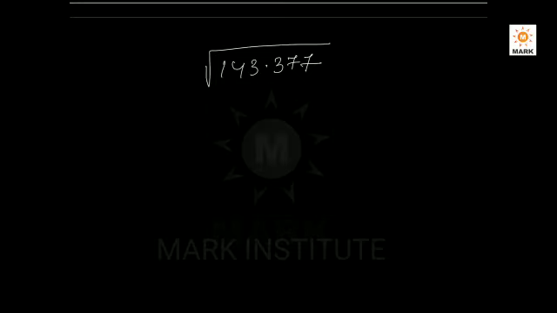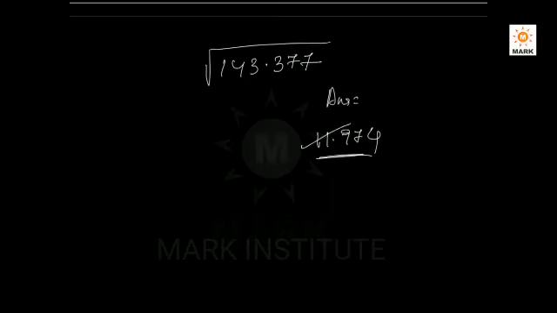For your convenience, I am telling you the answer. The answer is 11.974. Just for your convenience, I gave the answer. Let us see if we can get this answer. I have checked this in the calculator. In the scientific calculator, it is coming as 11.974. So without a calculator, now let us try how to get this by the division method.